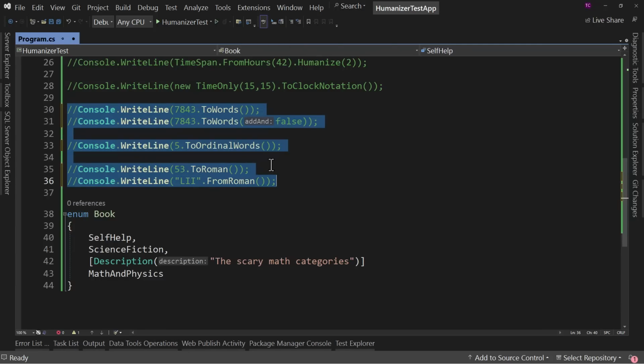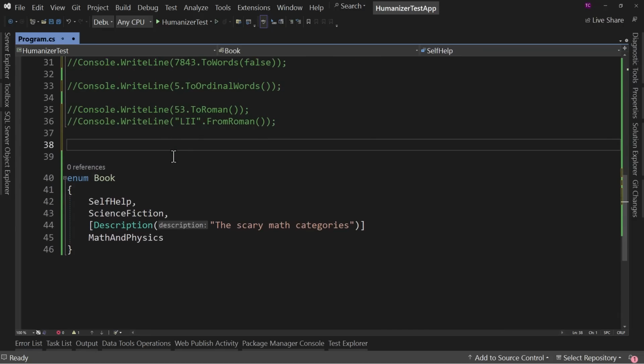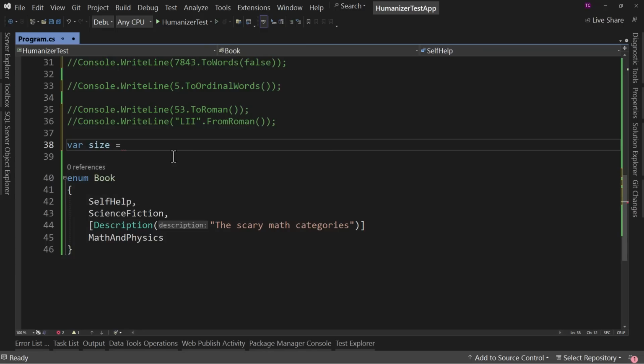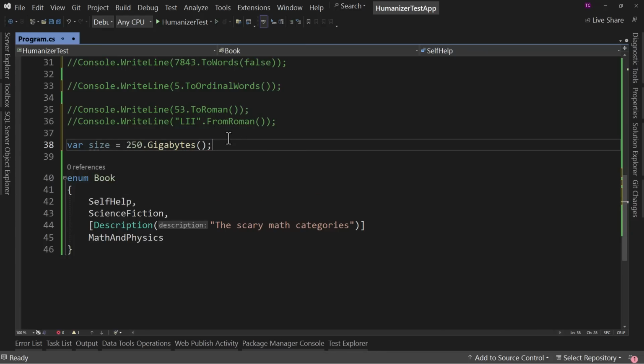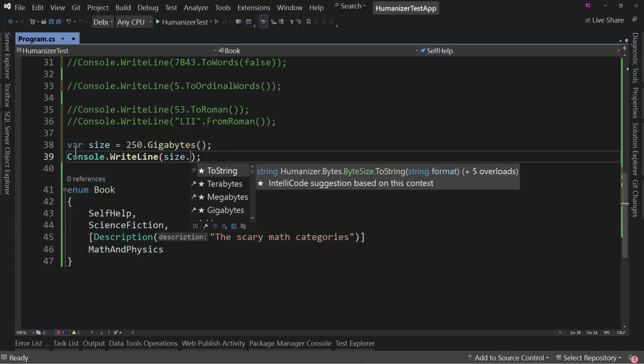Okay, let's keep going because, again, we're not done. There's a lot more that it can do. We're going to cover just a little bit more, though. And the next one up, we're going to create, let's say, var size equals 250 gigabytes. So what is size? Well, size is a humanizer.bytes.byte size. But we're taking a number, like our hard drive size, 250, and saying .gigabytes. Why does this matter? Well, we can say console write line size, which is this value right here,